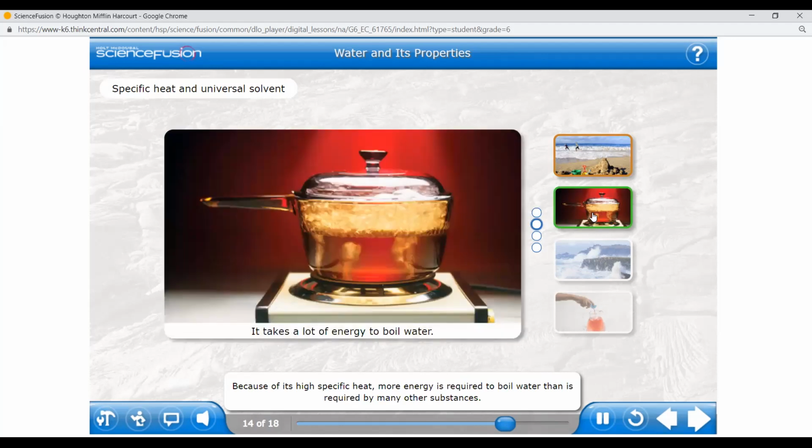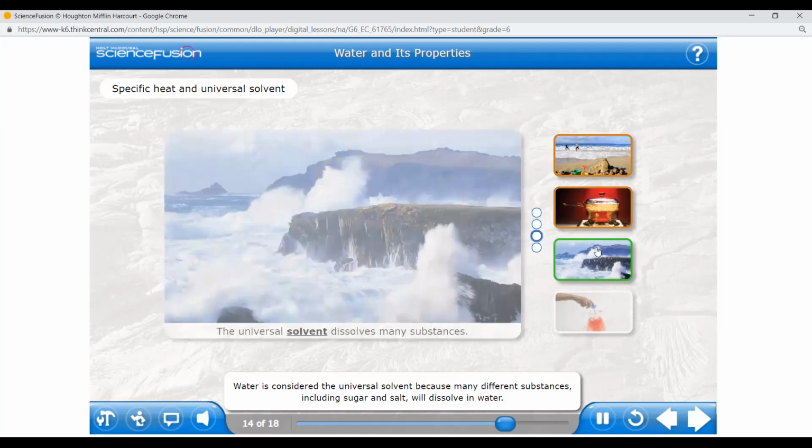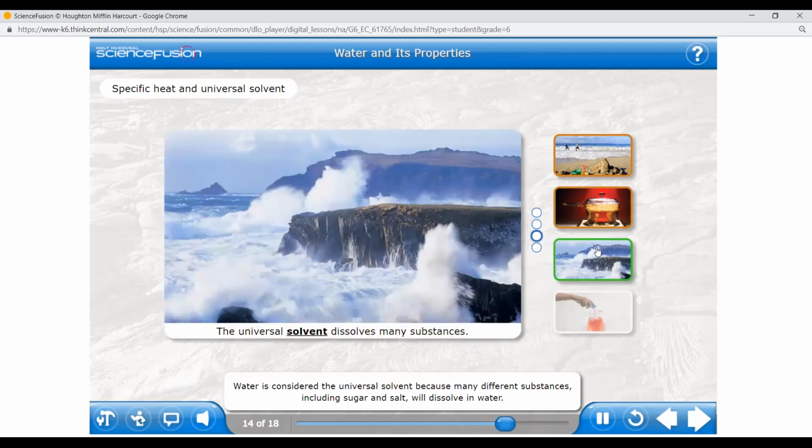Because of its high specific heat, more energy is required to boil water than is required by many other substances. Water is considered the universal solvent because many different substances, including sugar and salt, will dissolve in water. The salt that is